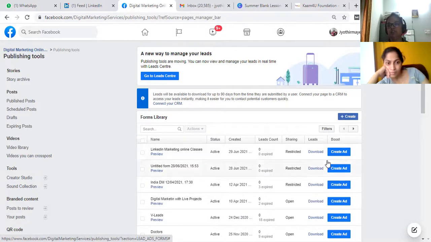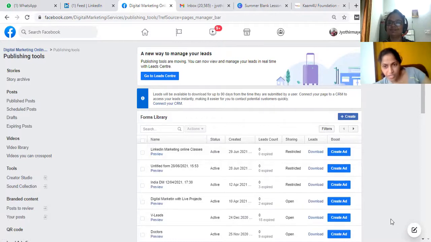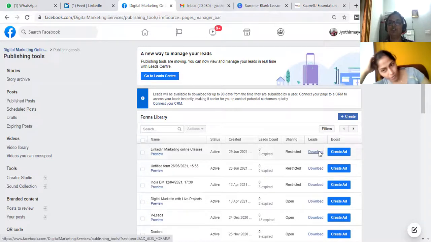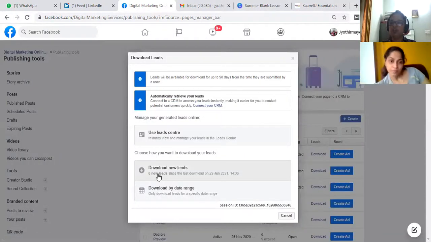This is the thing I wanted to show you, Ranjana. So from download, I can know how many forms have been filled up? Yes. If you click on download, you can download new leads. If yesterday you got 5 leads and downloaded them, and now you get 2 leads, it will show 2 new leads. If you want to download all the leads from the starting, you need to click here, and again it will show all the leads from the starting. So that's the thing, Ranjana.